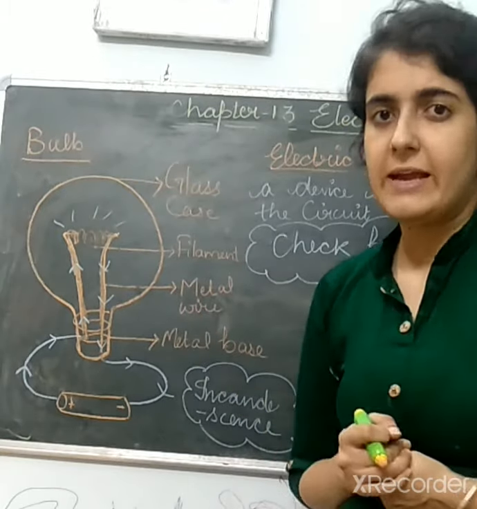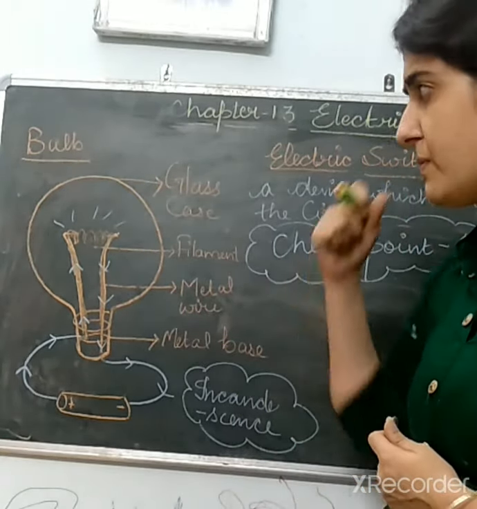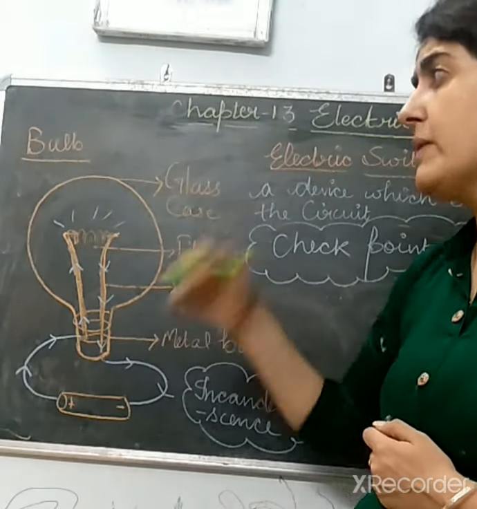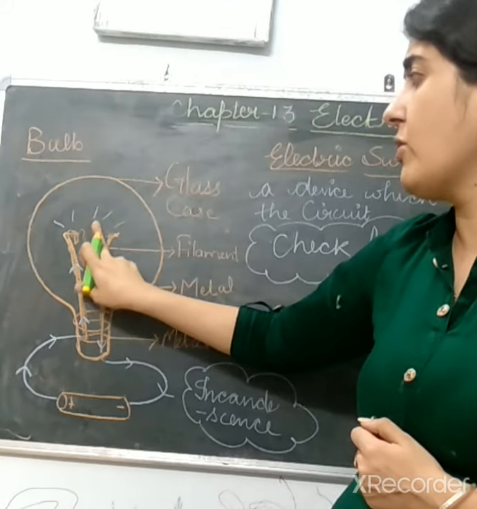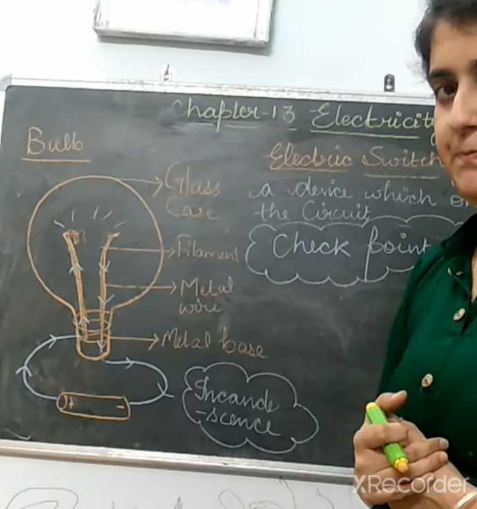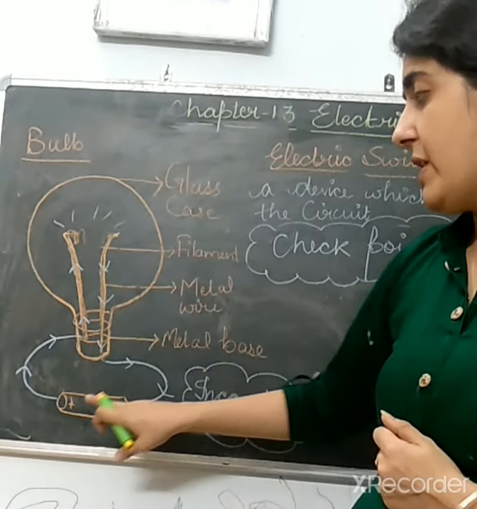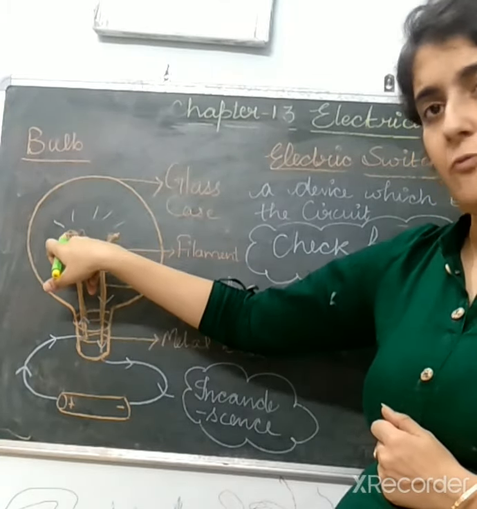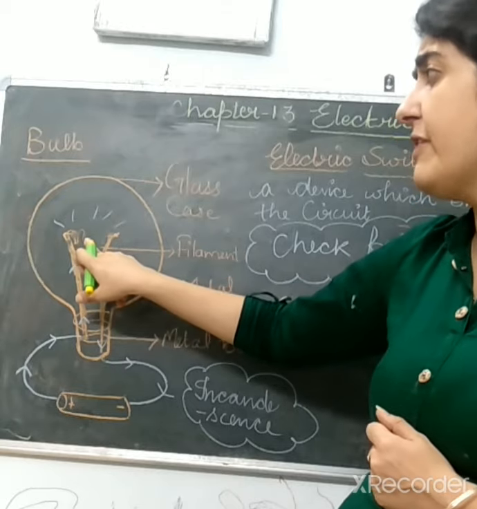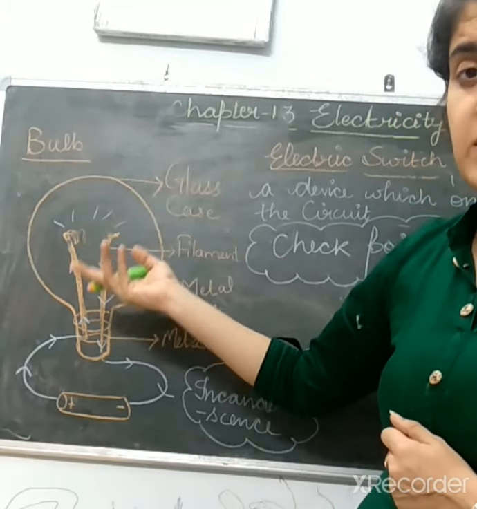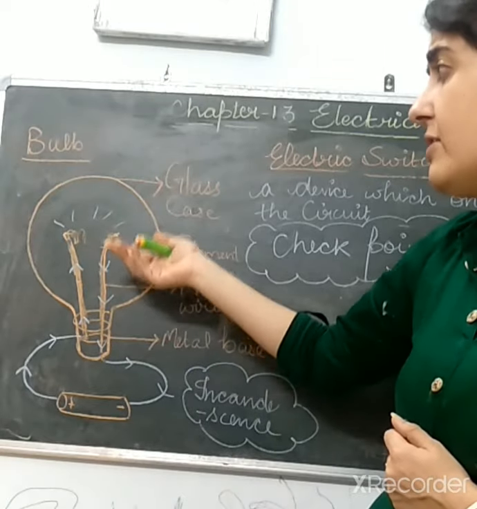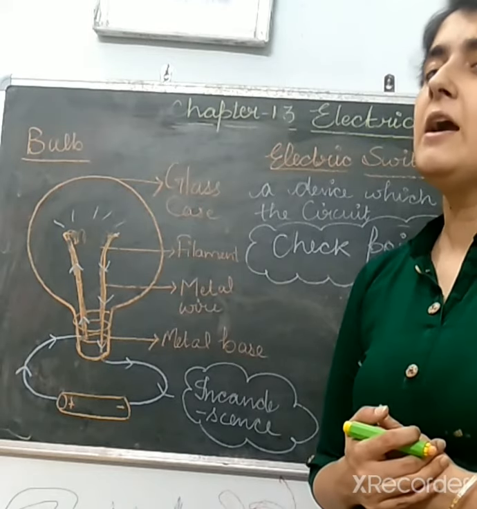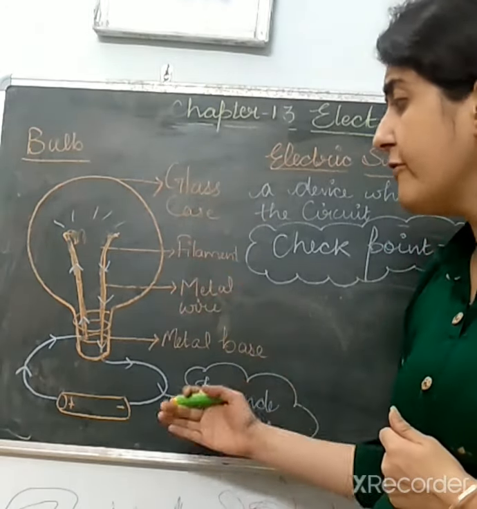Now let us suppose that because of so much heat, all the time the bulb is on, the filament broke. Then what would happen? Just imagine. Now the current will flow from the positive terminal and go to the end of the first contact wire, and when it reaches the filament it does not get a path. The current does not get a path to flow, so it becomes an open circuit, and we know in an open circuit current can't flow, right?